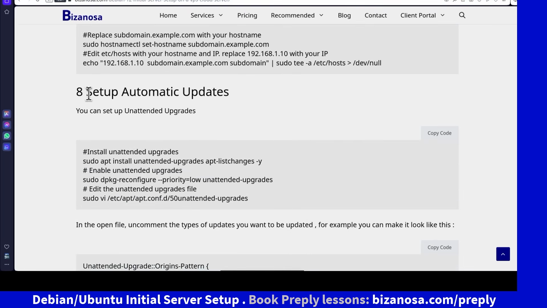Now the next thing is to set up automatic updates. Now I have a video for setting up automatic updates, and I'm not going to do this again. I'll just link to the video in the comments. I'm just going to link to the video in the comments and in the description. So that's an important one. Make sure you watch it and make sure you